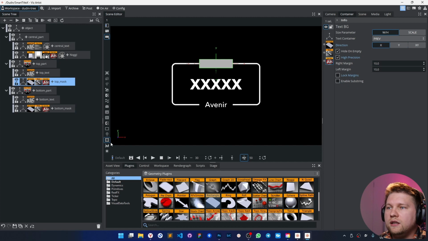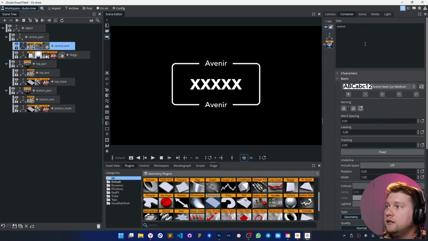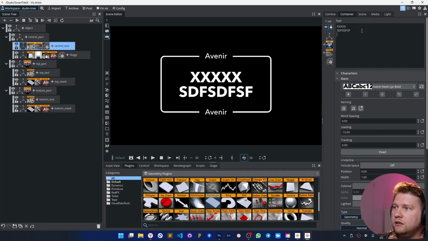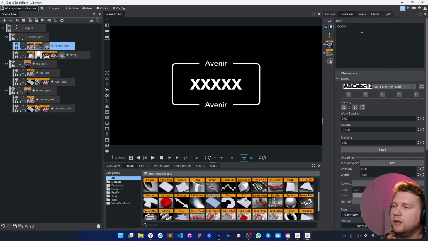So what gives us, it's just an amazing thing. Now we can just move up and down this text without any issues with the mask, because the mask still will be absolutely at the same position. And at the same time, by the way, we can still change the text in the middle, and it's still working, even if it's a multi-line text.